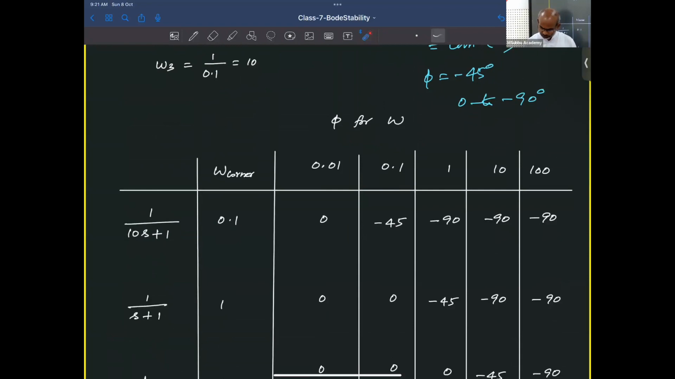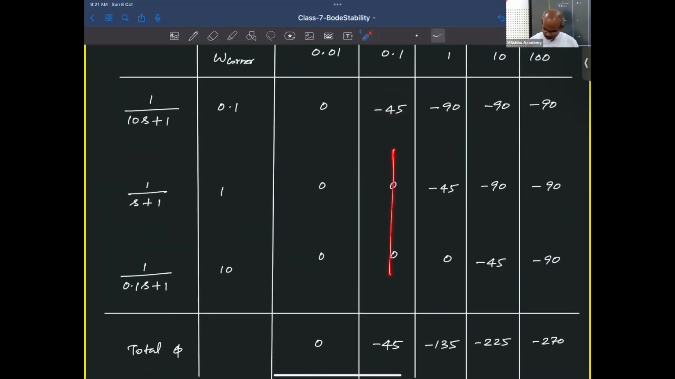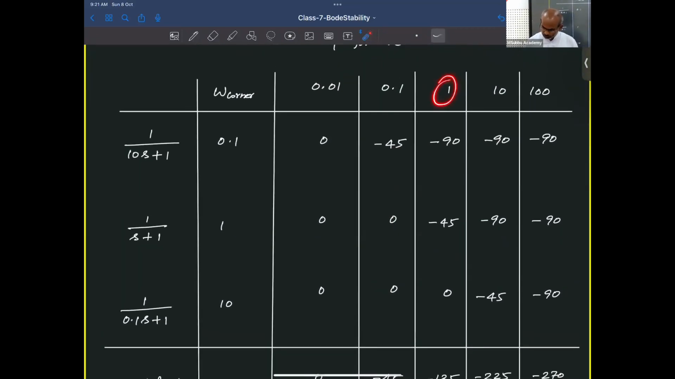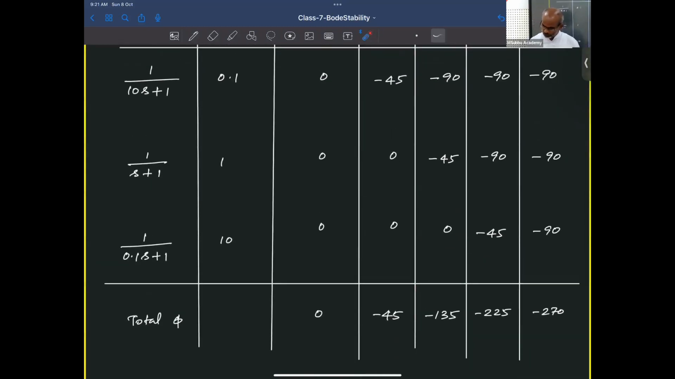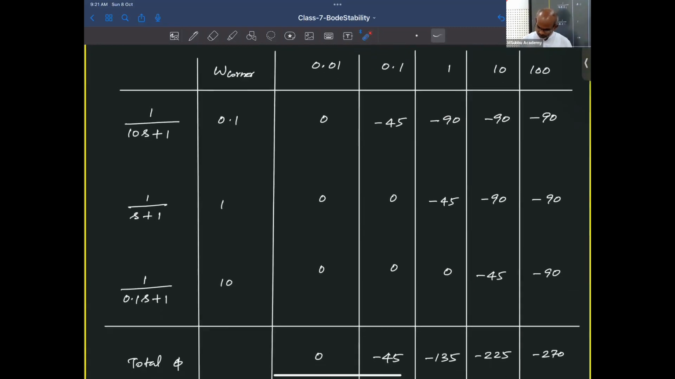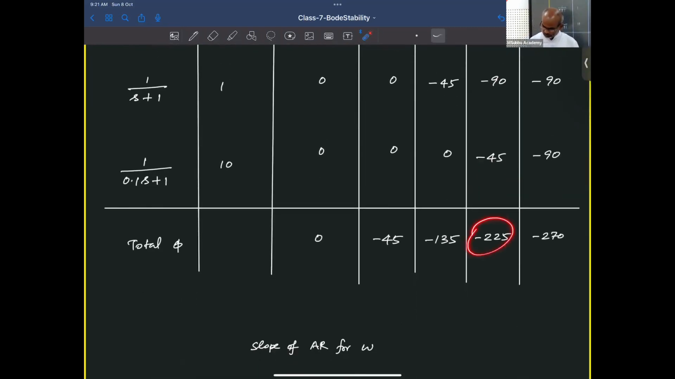At the value of 0.1, the phase is minus 45. The other terms are simply 0. At 1, we have minus 90 and minus 45; add them to get minus 135. At the value of 10, we have minus 90 and minus 90. So this way you can get